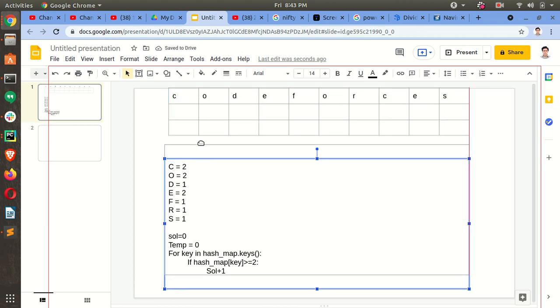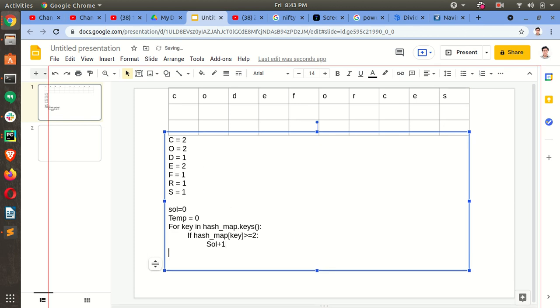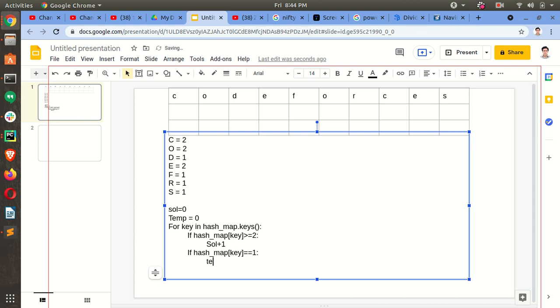Now if the hashmap value for the key is equal to 1, then we do temp plus equal to 1.